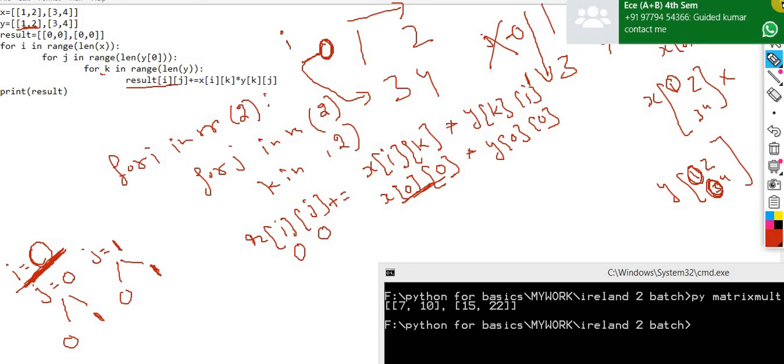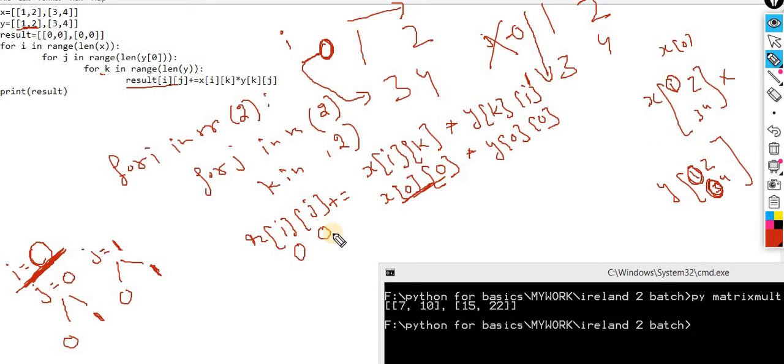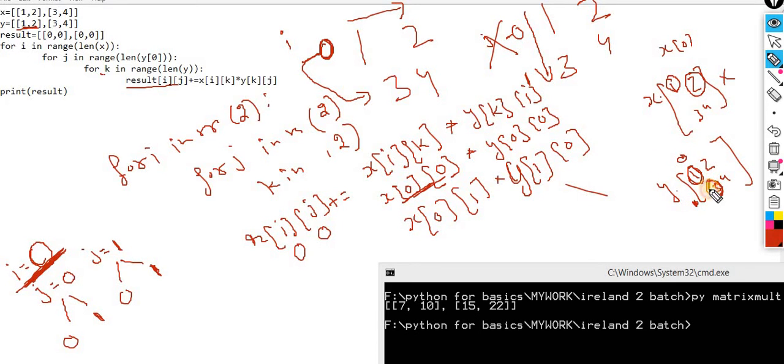So here, what is happening? Observe carefully. Now the I value is 0, the K value is again 1, multiplied by the Y value, which is 1, and the I value is 0. Now you can check in the X of 0, 1, I pick out 2, and Y of 1, this one, and 0 of this one, I pick this. So now I think the picture is clear.